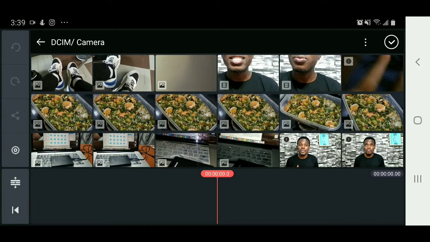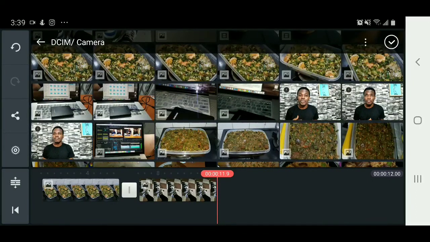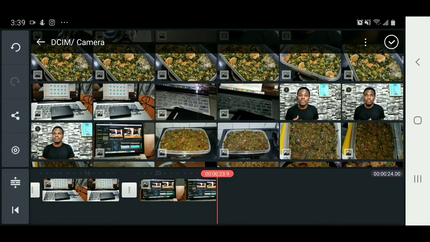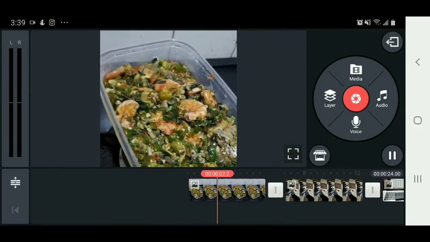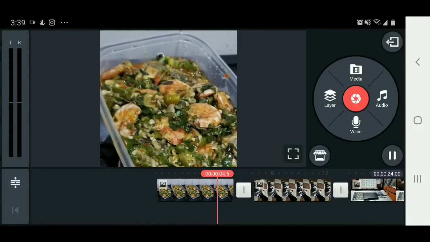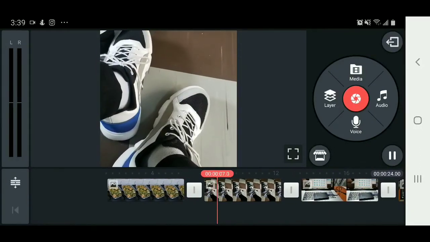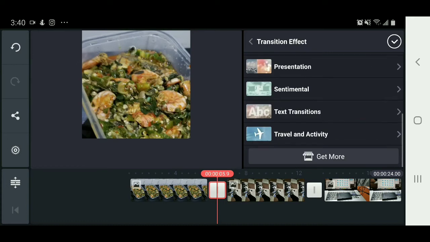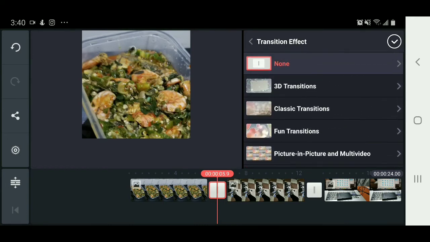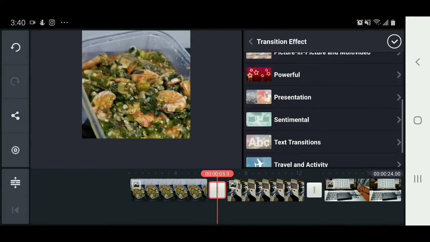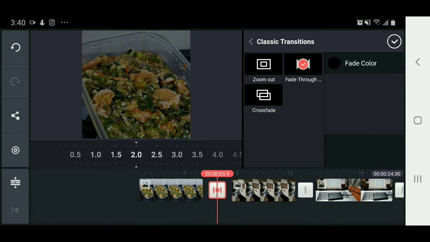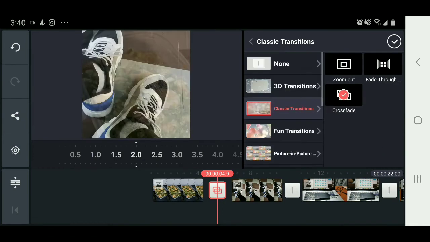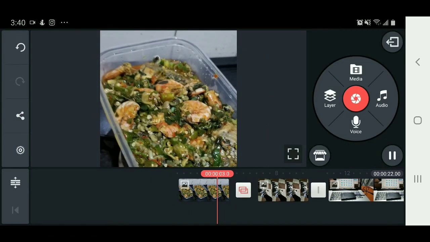Alright, so let's just play around with some things. You can bring in your pictures and create a picture slide very easily. You see it gives it an automatic animation, right? And you can add your transition. You have different transitions, right? Let's even use some of the classic transitions. So fade through, or let's use crossfade here. So you can add transitions,